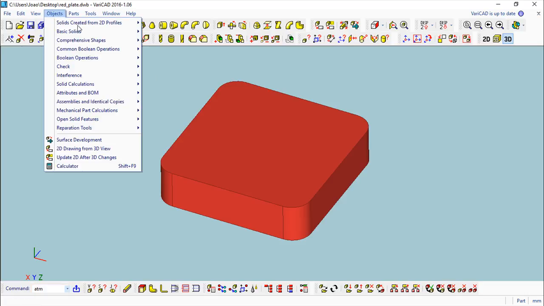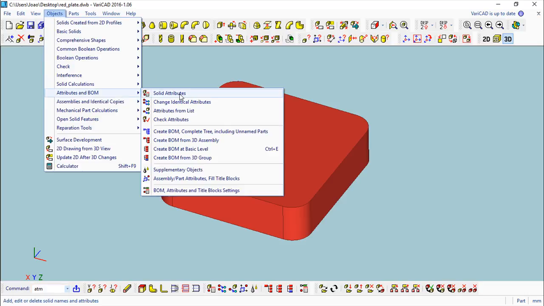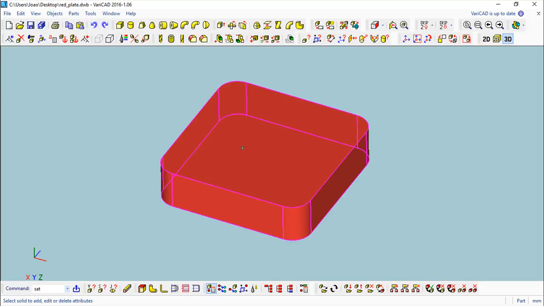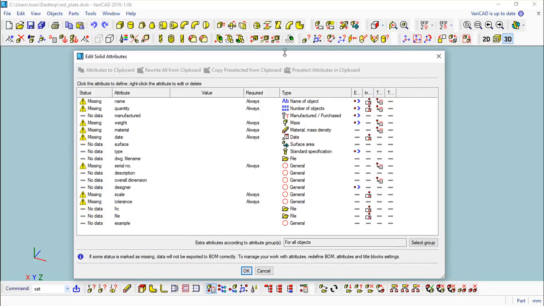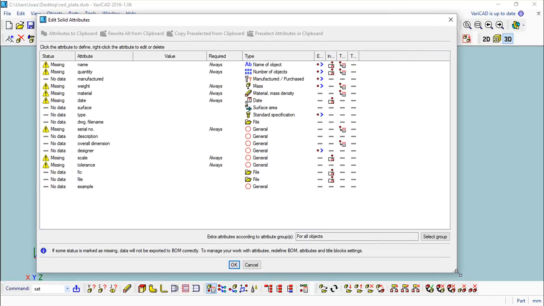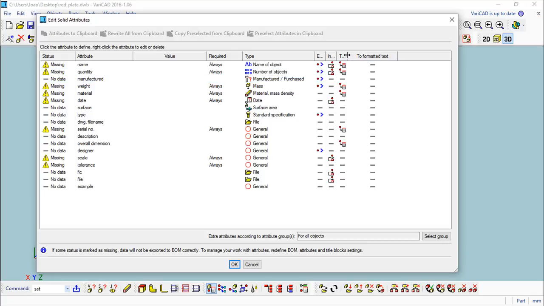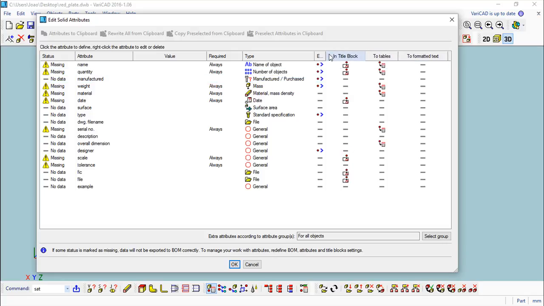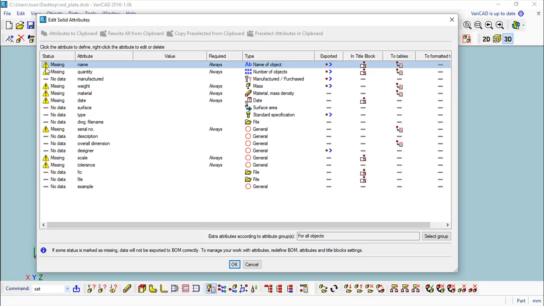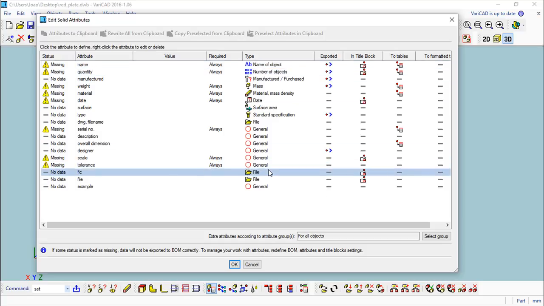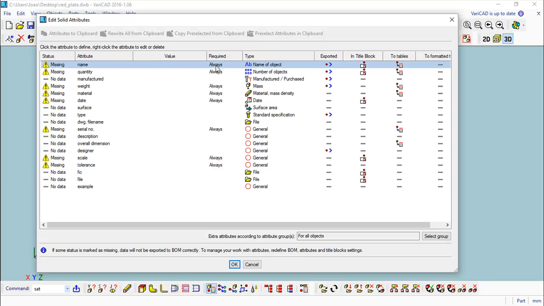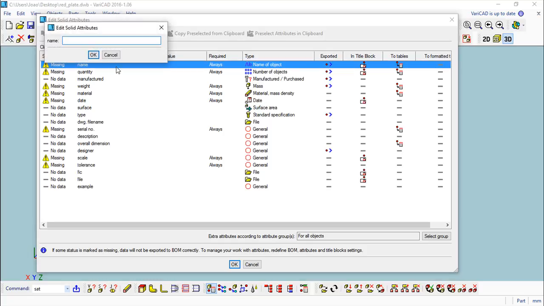And now you can come to this part and say attributes and say solid attributes. Okay, you define the solid, you get this window very similar to the previous one, but here you have all these tables. Okay, enlarge this information a little, and here you have this symbol that says this information you must insert to complete the items that are required, and you can see here as always. So just click on the items and say okay, red